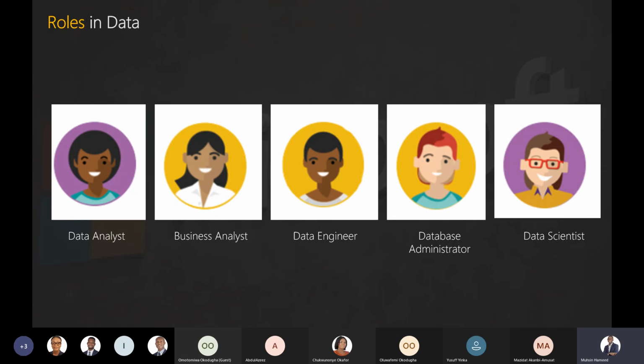So of course, there are some peculiarities like that. But by standard, there should be a database administrator whose work is to manage databases. There should be a data engineer who is supposed to create those pipelines. There should be an analyst who is supposed to work on the data that has been made available. There should be a scientist who is supposed to research and build some predictive models and stuff like that. Do you understand the data roles?